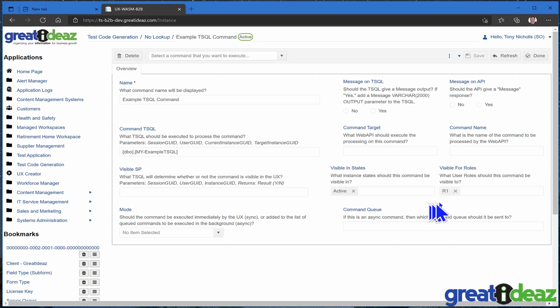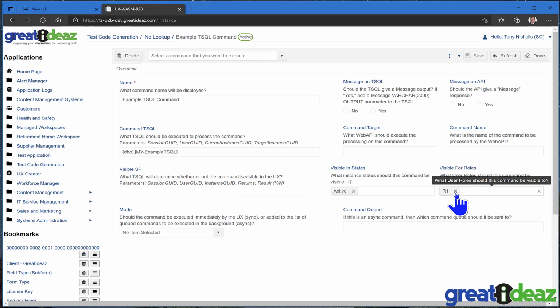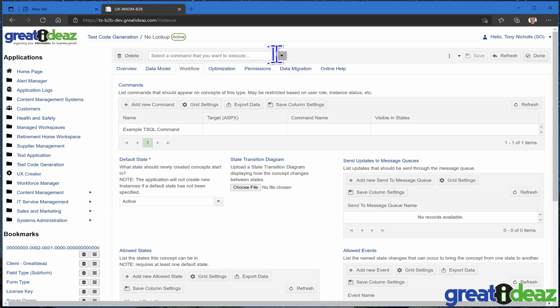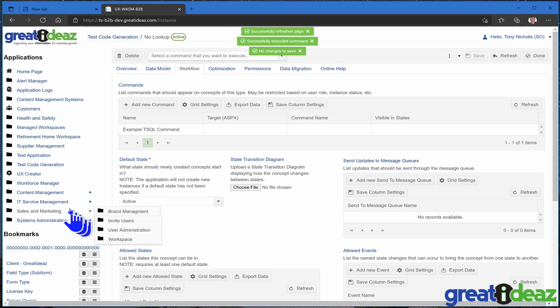So I can restrict the visibility either by state or user role, and I also have the ability to declare another custom stored procedure where I pass the session GUID, the user GUID, and the instance GUID that returns a Y or N single varchar, and I can use that to also restrict whether a particular command is visible. In this particular case, I'm going to say this command is only visible in the active state. So if I make that change here, and I clear the application state,